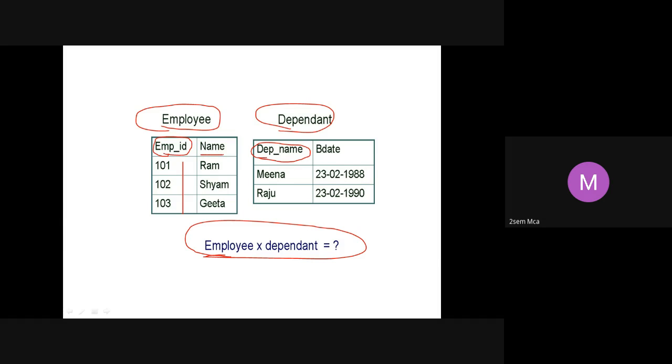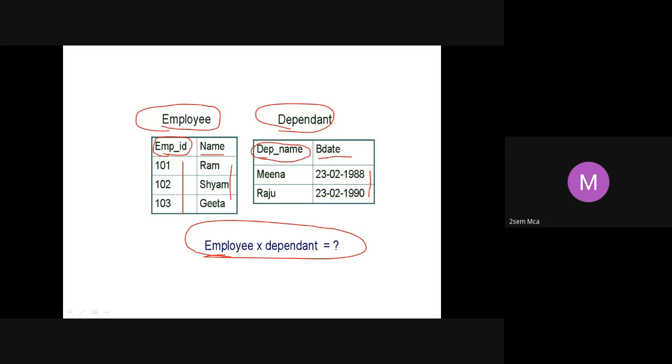The second attribute is name. So the domain of name is what? All allowed names. Whereas the second attribute here is birthday, so it is going to be all dates. Again, the domain is not the same. The degree of both the relations may be the same, that's okay, but both these tables are not union compatible, because the domain property is not satisfied. It is not required also in this case, right?